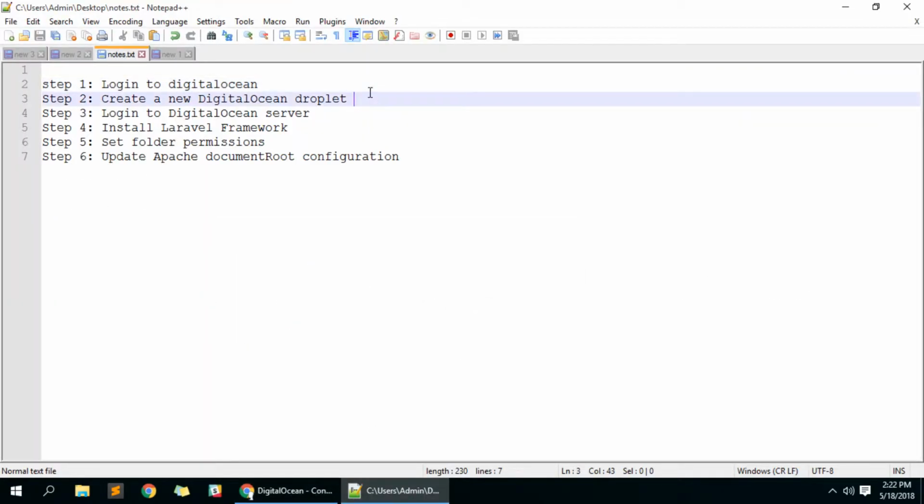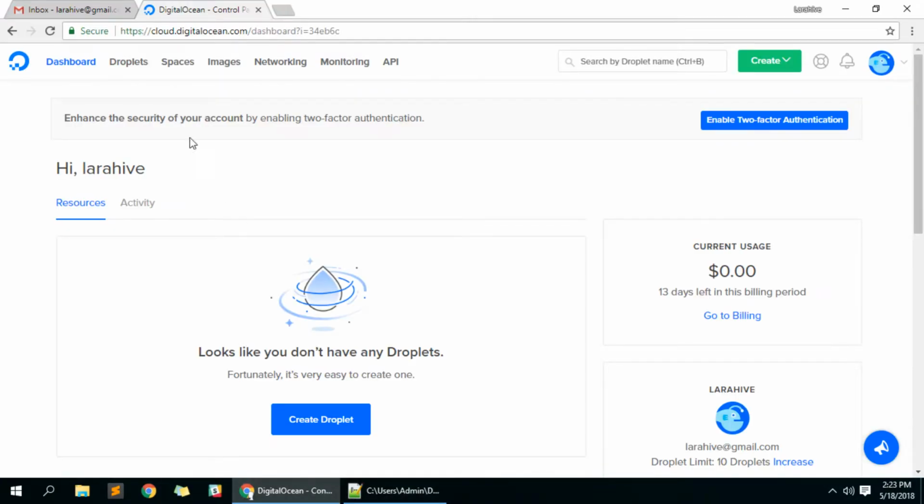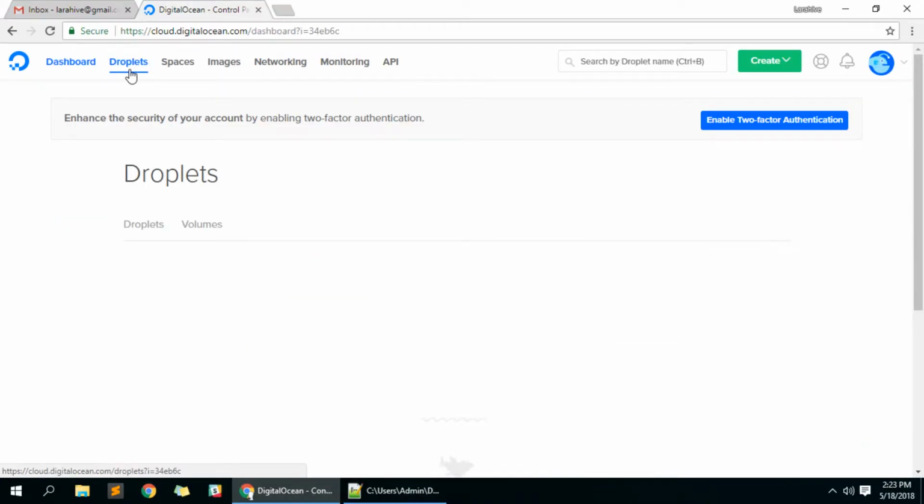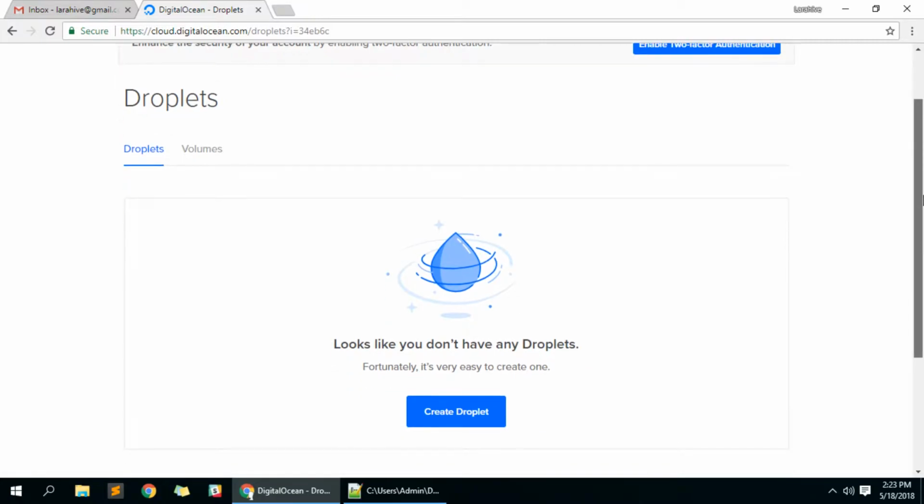Step 2 is create a new DigitalOcean droplet. To do so, go to the droplets menu, and as you can see I don't have any droplets, and I am going to create my first droplet. Click on this create droplet button,